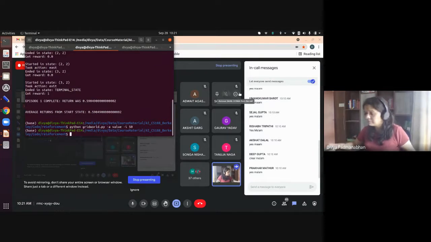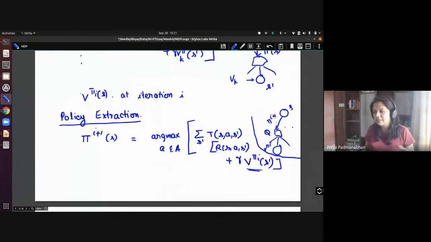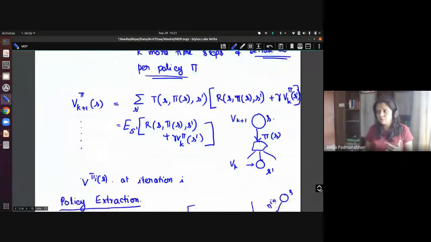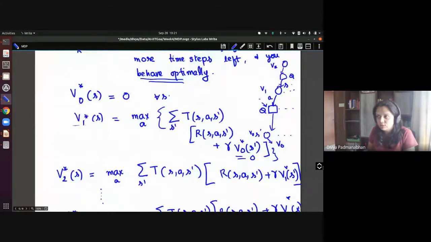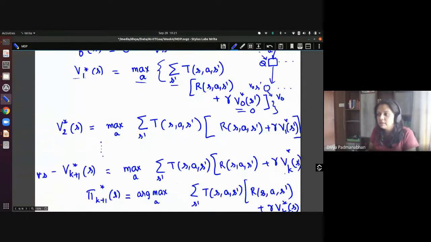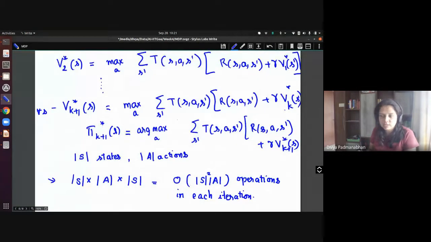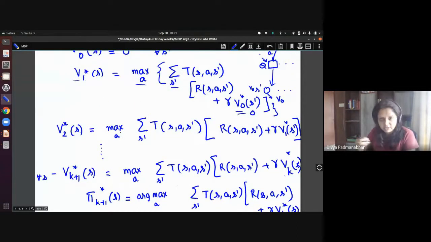Now I wanted to tell you one more point about policy iteration, about the complexity aspect. We saw that in value iteration, because you're trying to find the very best at each time, there's a max and a summation over the states. So the complexity of each of these iterations was order of S square A, right? Because for each state, you iterate over all actions, and then over all the destination states. So there's an S square A factor coming in.